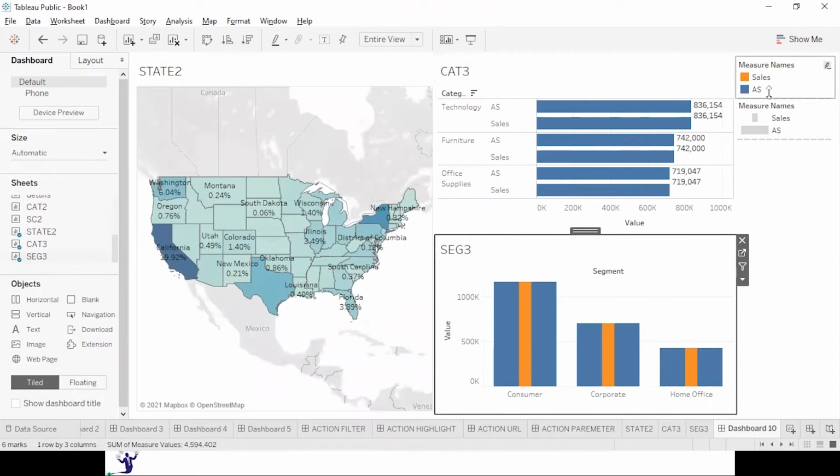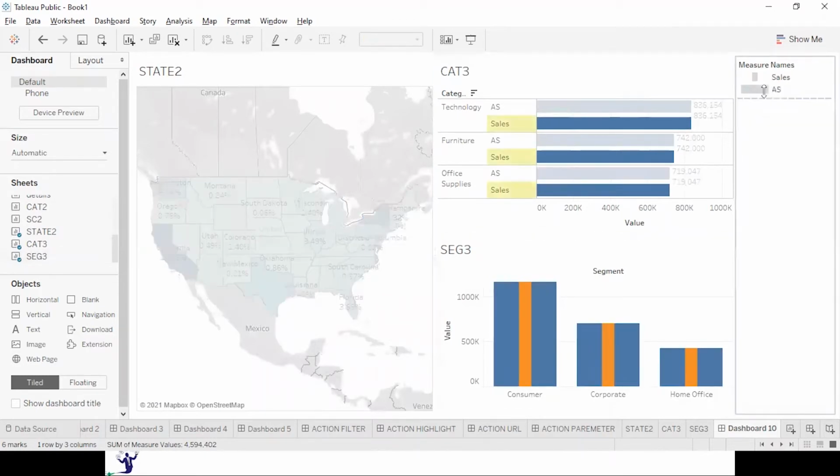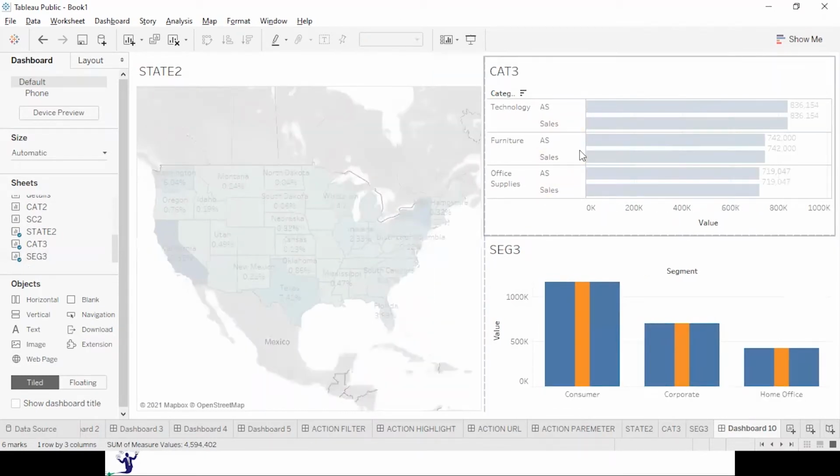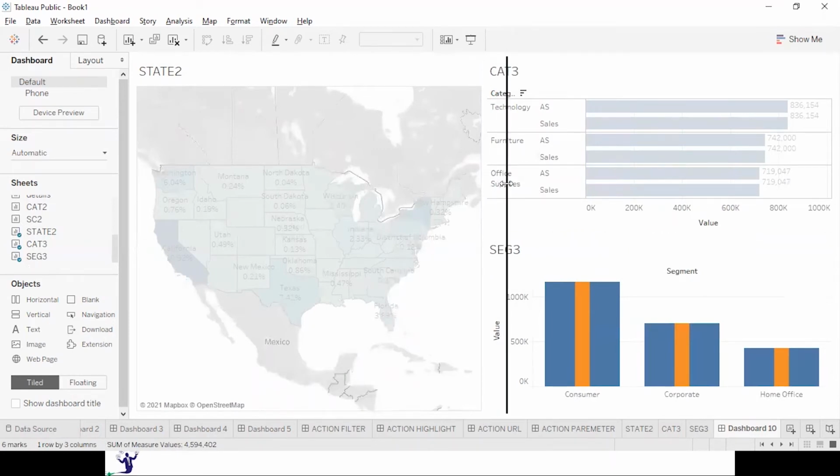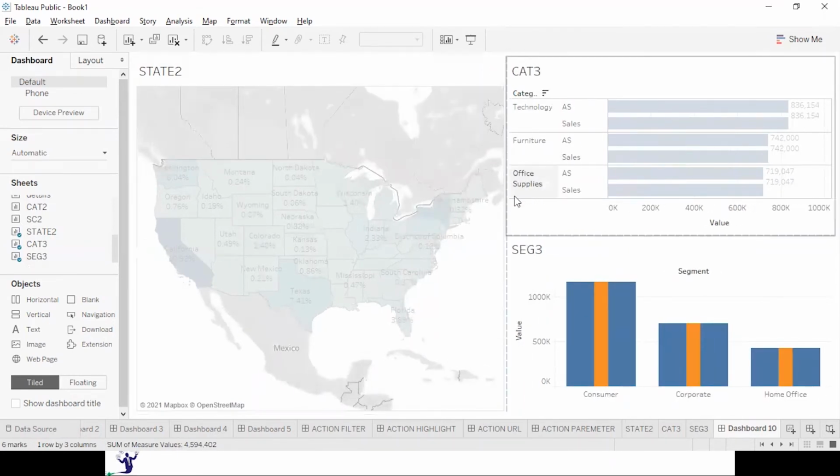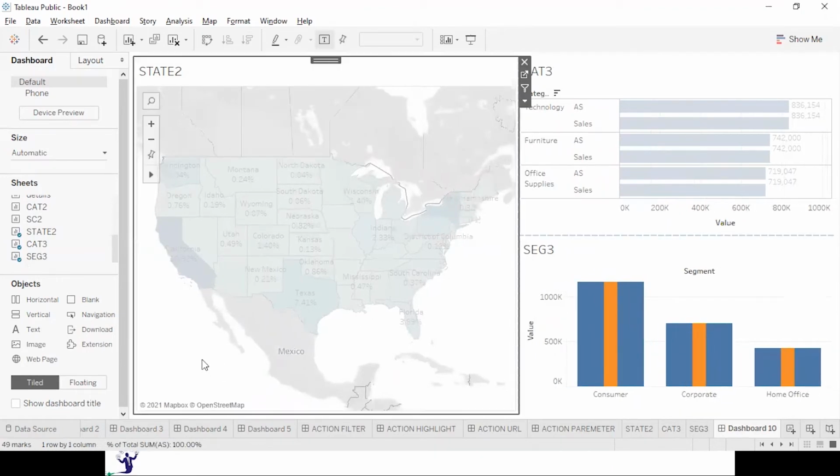And I will remove the unwanted cards from here. Here it is. Now we will create a set action.